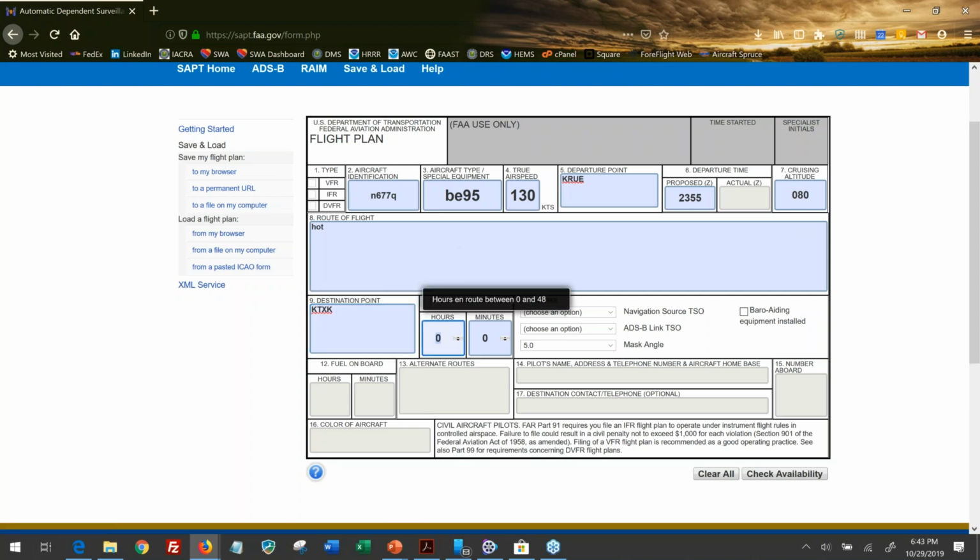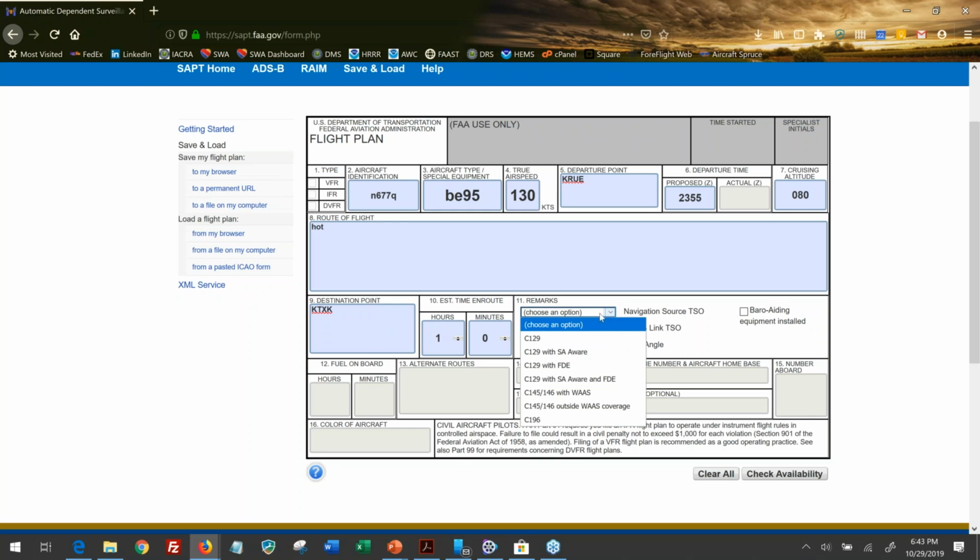So all I've done here is put in a really basic flight plan. That's all that you need, nothing else. And just to be clear, this is not filing a flight plan. All right, this is just an image that they used. I don't know why. I don't know if they thought it would be cute or helpful, but all it is is confusing. You're not filing a flight plan here. All you're doing is giving the system your information so it can tell you if you're going to experience any outages. So right here, you're going to choose a type of GPS.